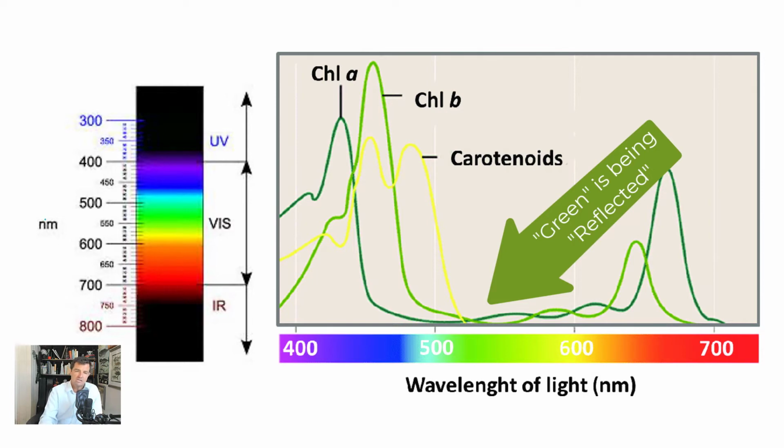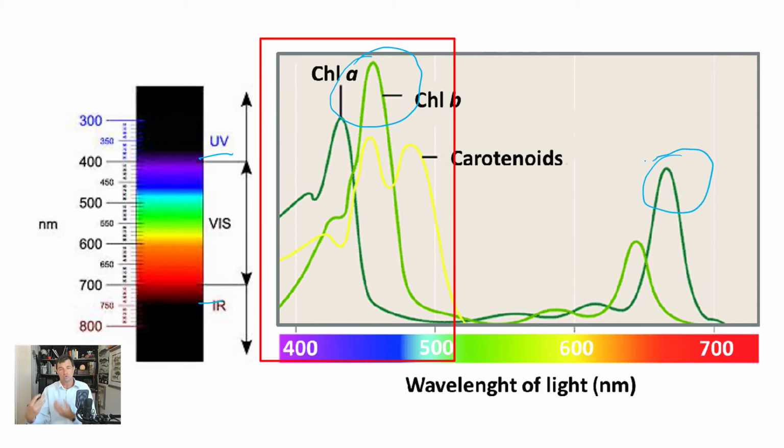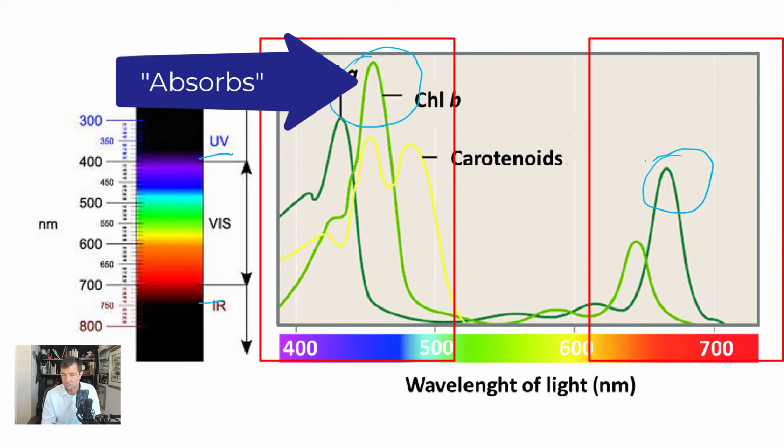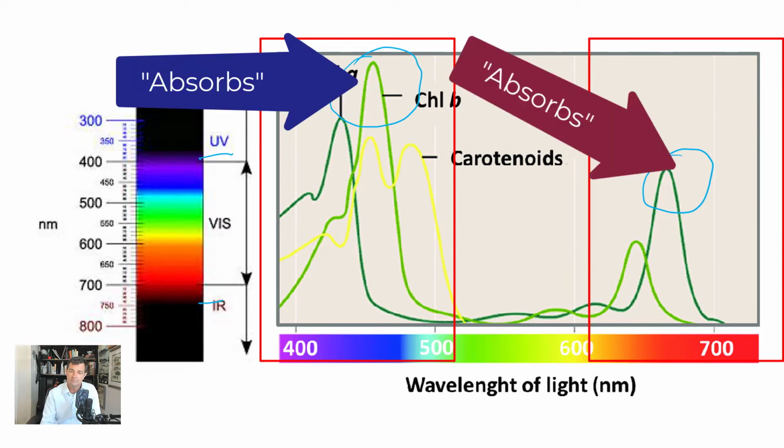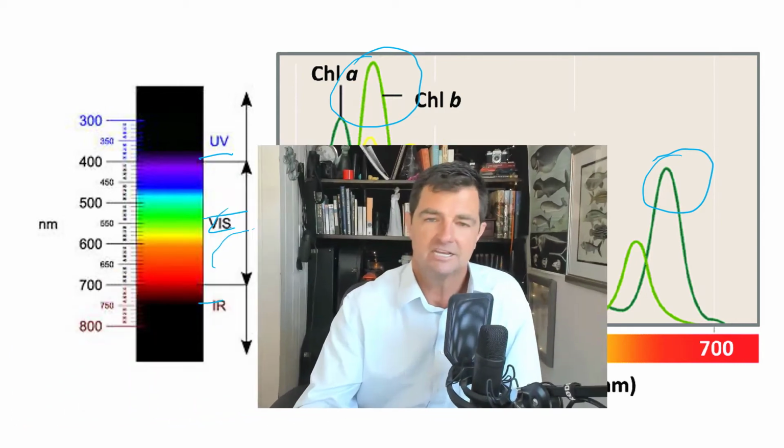So when you have your visible spectrum of what you can see here, what you see is that right over here in the blue region, and then again over here in the red region, chlorophyll is able to absorb those colors, and that's what it's going to use for the process of photosynthesis. But it is reflecting, which is the opposite of absorbing, the green colors here and here, and so that ends up being what we see.